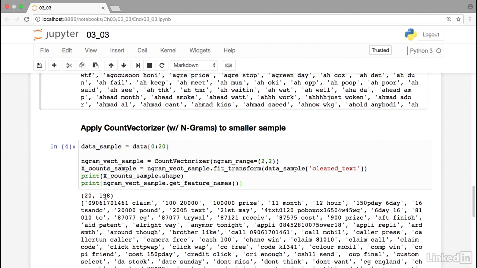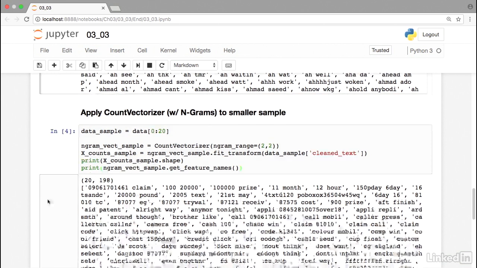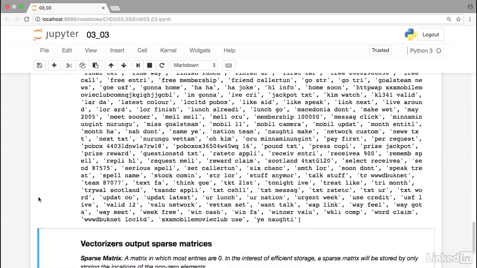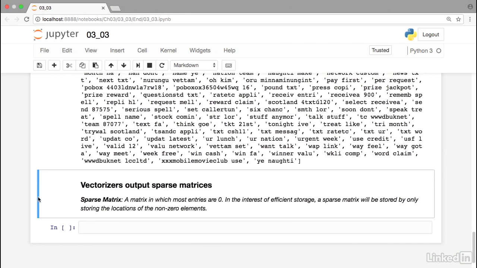At this point, it's worth noting that using this n-gram range can end up creating a matrix with a ton of features. So if you did an n-gram range of 1, 2, so that's grabbing all the unigrams and bigrams. In our last lesson, we saw that there were over 8,000 unigrams in the full data set. And in this lesson, we saw that there are 31,000 bigrams in the full sample. So together, that's 39,000 columns that are only using unigrams and bigrams. Now imagine if we added trigrams on top of that. So just be careful with the n-grams. It's definitely worth experimenting to see both what's going to work within memory and which is going to help you